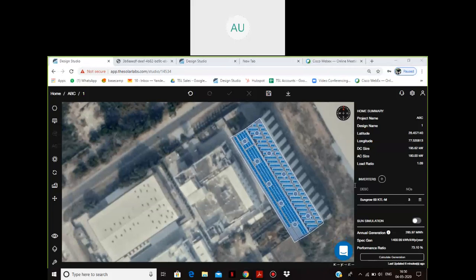Question stating that if the industry roof is dome shaped, how can we design? It can definitely be designed. It takes some extra time and effort, but it can definitely be designed. We can share some photographs of those designs that we have made in curved structures. It is a little difficult in any kind of design platform. It is still difficult, but it is possible, so we can share that with you. Any other questions? Anybody?